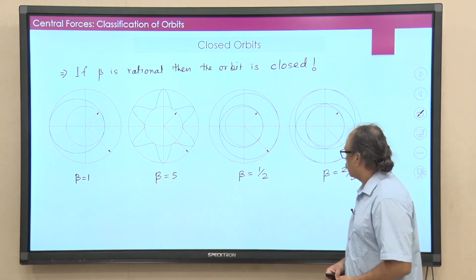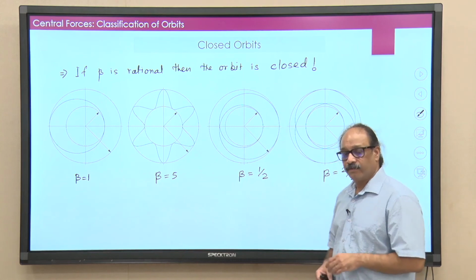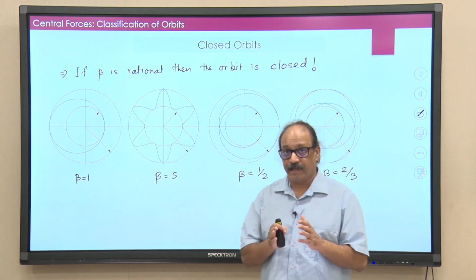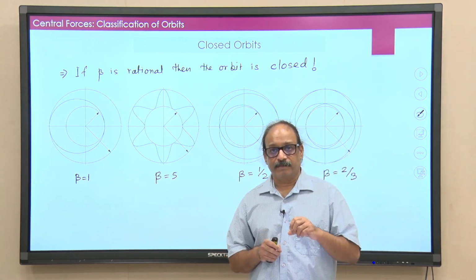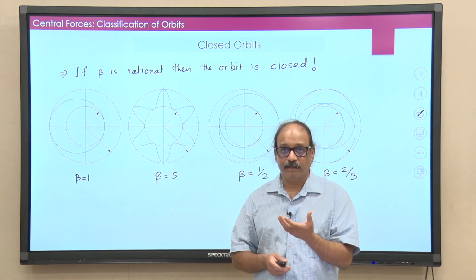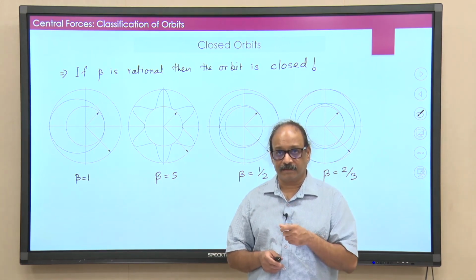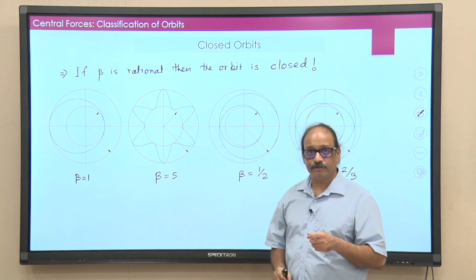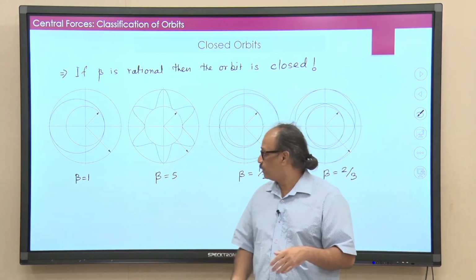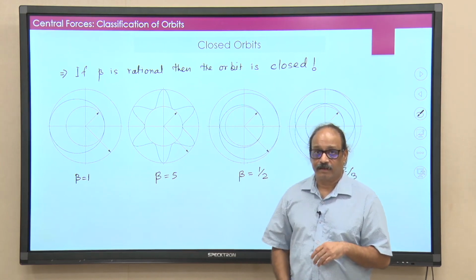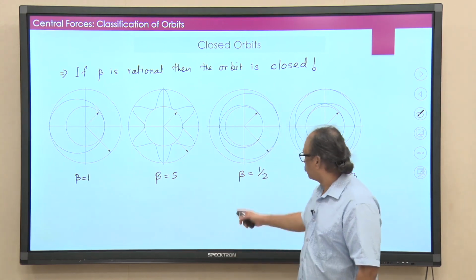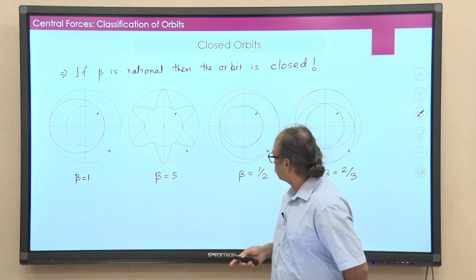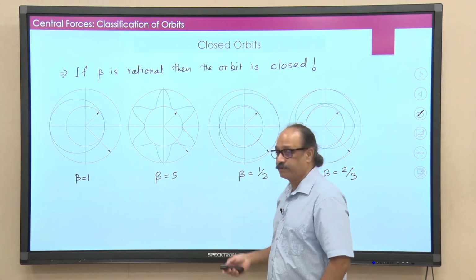And the story does not end here, because remember, while calculating these closed orbits, we of course made an approximation. The approximation was that we kept only the second order term in the Taylor expansion. The orbit may not actually be closed if the gap between R1 and R2, or the minimum and maximum in R, is larger. And when that happens, some of these orbits which are already looking like closed orbits may not be closed orbits. The calculation is tedious, but it does give the result. So if you include, for example, the third order term,